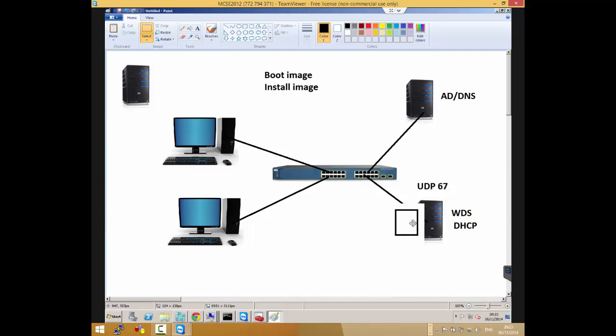So then he's like, okay, I'll use TFTP to transfer that boot image to myself. So where will it transfer it to on this computer? It's on the RAM itself. So the boot image is transferred directly from here straight to the RAM.